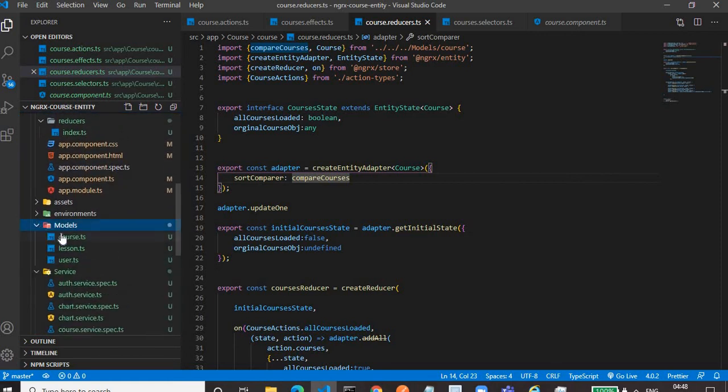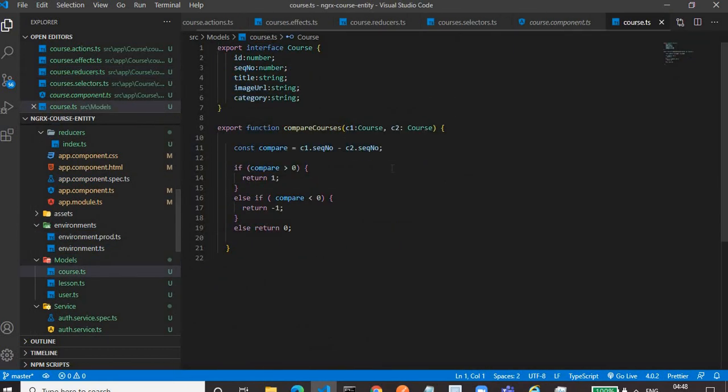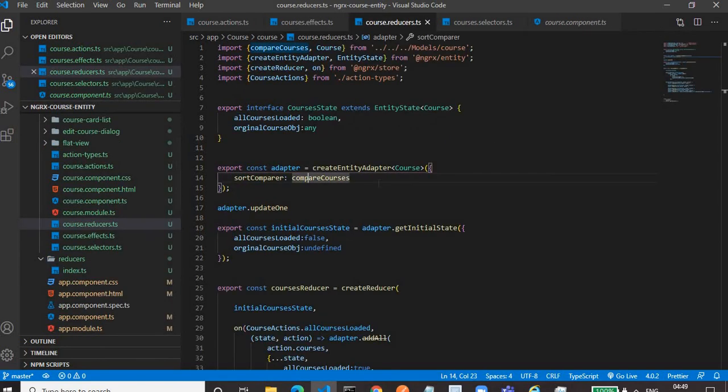In the model, if you go in the course.ts file, this is the compare function. Here we have written a sorting function for arranging courses in ascending order on the basis of sequence number. So here we have defined sortComparer colon that function.